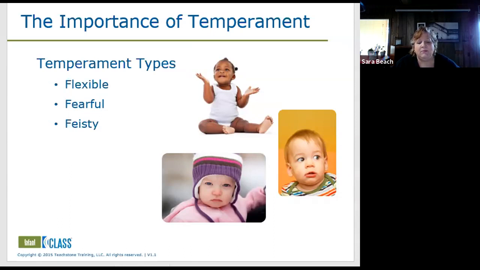But it's all about recognizing their needs and meeting their needs. And you might have a kid who doesn't nap who's still cranky, right? They don't nap, but yet they're cranky and acting like they need a nap. And so like Melissa said, we don't want it to be interpreted as what am I doing wrong? Why am I not able to get this kid calm? I think it's a really important thing to talk about with teachers.